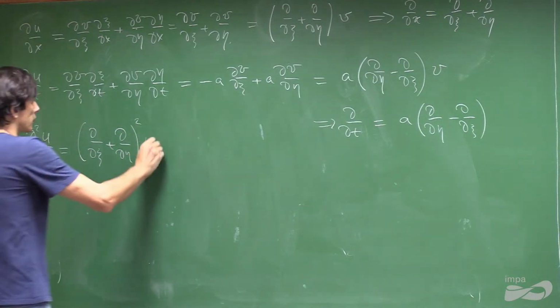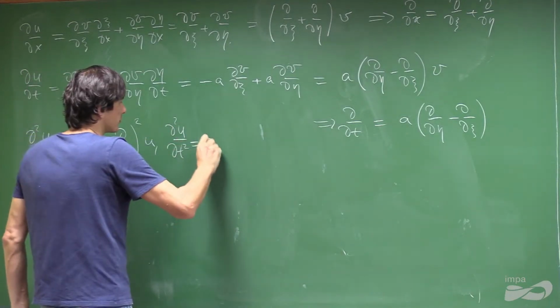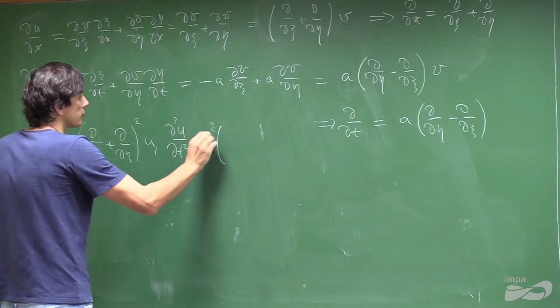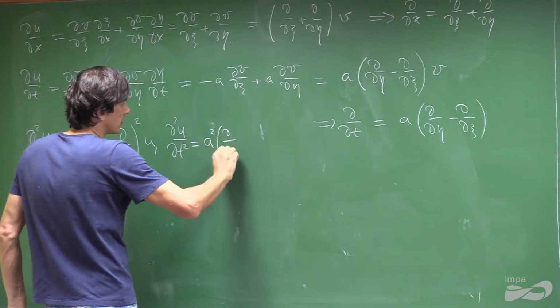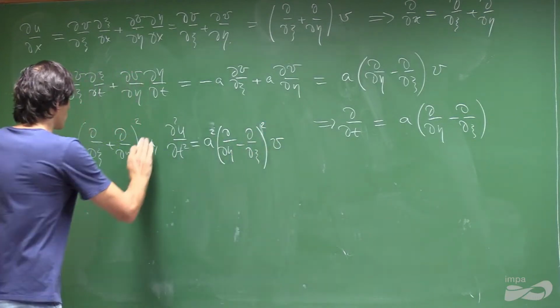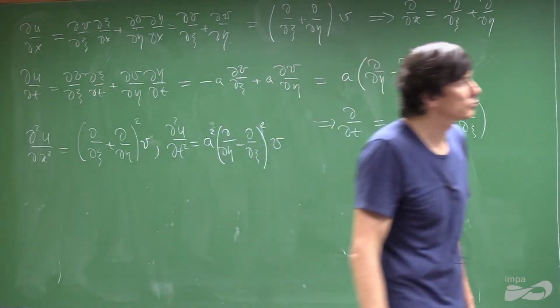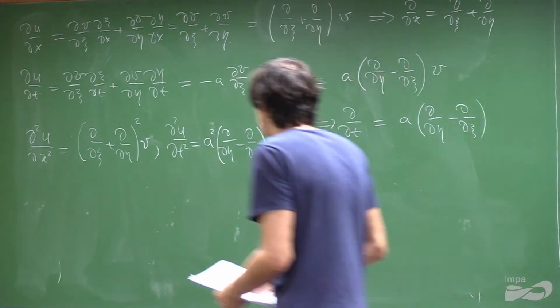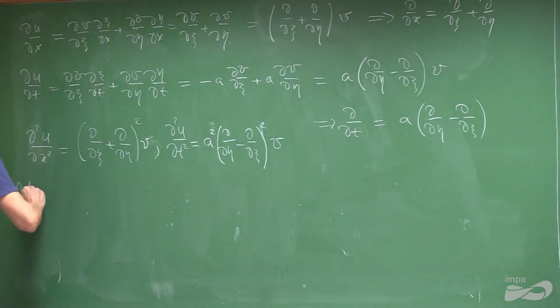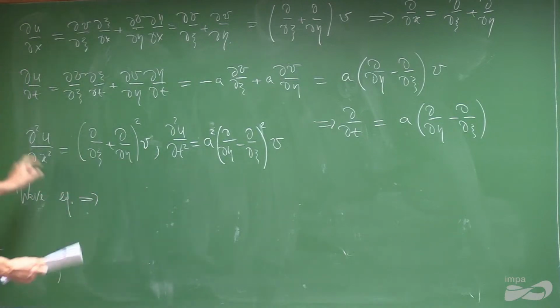The second derivative with respect to time will be a squared times d eta minus d xi squared of v. Good. So we have the second derivatives, and now we can substitute them into the wave equation. We take the wave equation, so it's this minus a squared